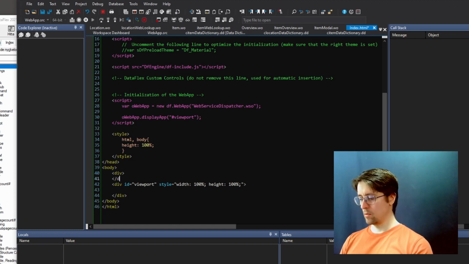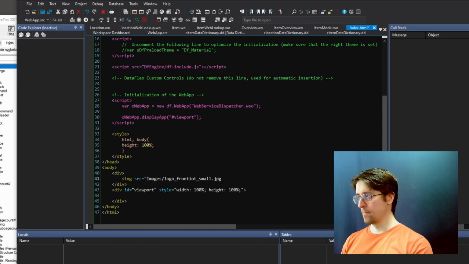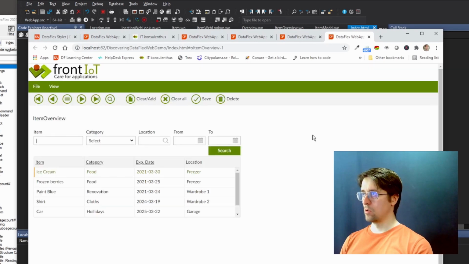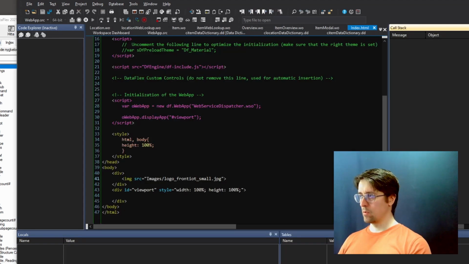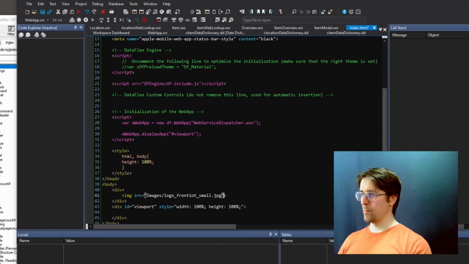So you can just do that. Here's our image, and if I now go in and reload the page, we have our image here. Of course, we might want to style it and put some additional things on here. So we might want to call this the ID branding, and